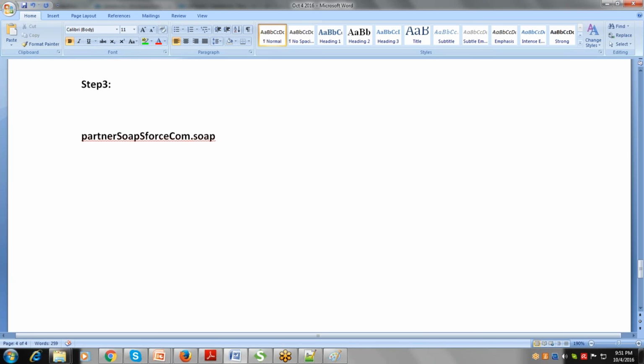To call the login method, I'm creating my partner soap variable with new. In object oriented programming, to call any method we have to create an instance. I'm creating an instance for the soap class, because soap is a part of the partner soap s4scom. Partner soap s4scom is a parent class, and soap is a subclass, and inside of soap I have the login method. That's why I'm creating an instance, and using this instance,